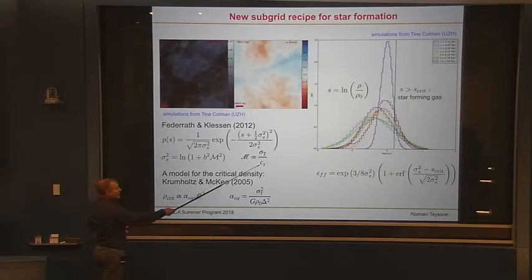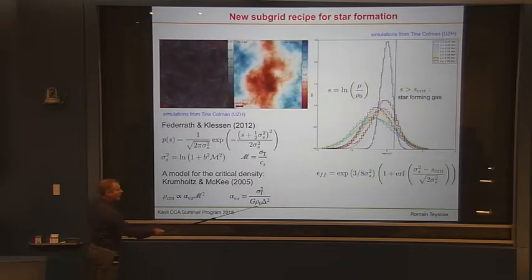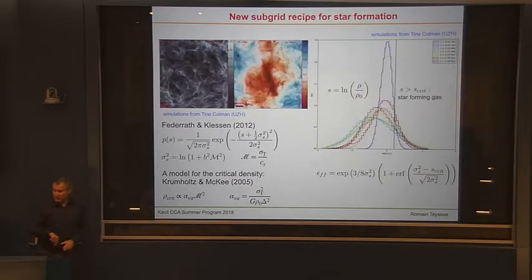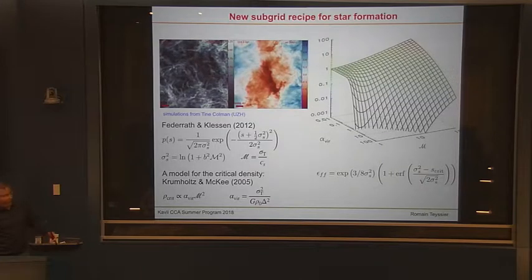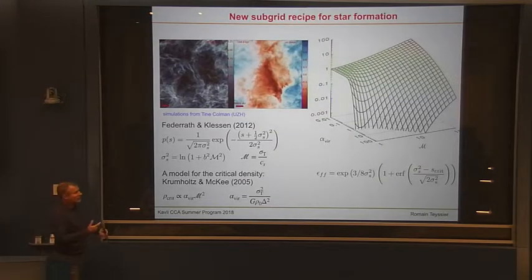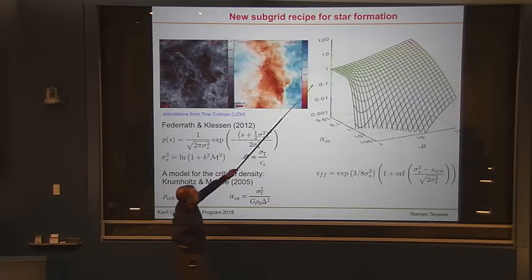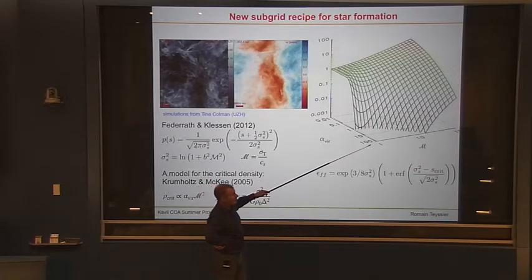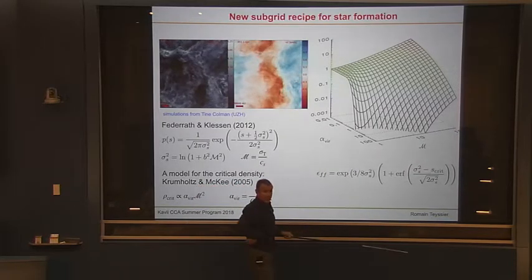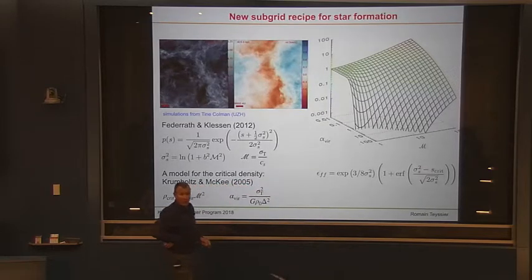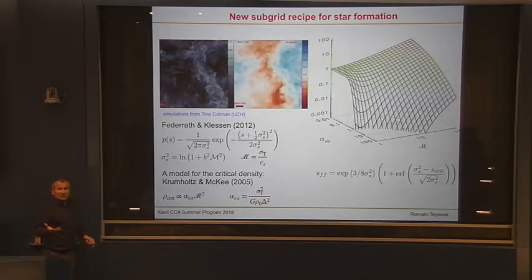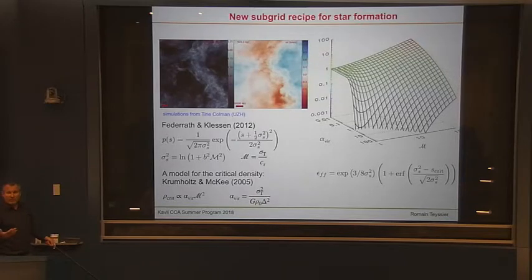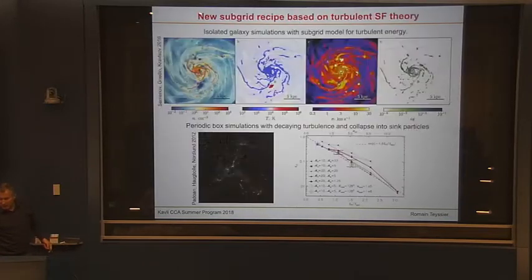Of course, you need the sound speed, and knowing the mean density in the cell, you can then derive self-consistently the efficiency of star formation as a function of the alpha virial parameter of your cell and of the Mach number of the turbulence in your cell. And that's what you get. You get this shape. So, you know, it's a predictive theory for star formation. And so a lot of people are doing this.